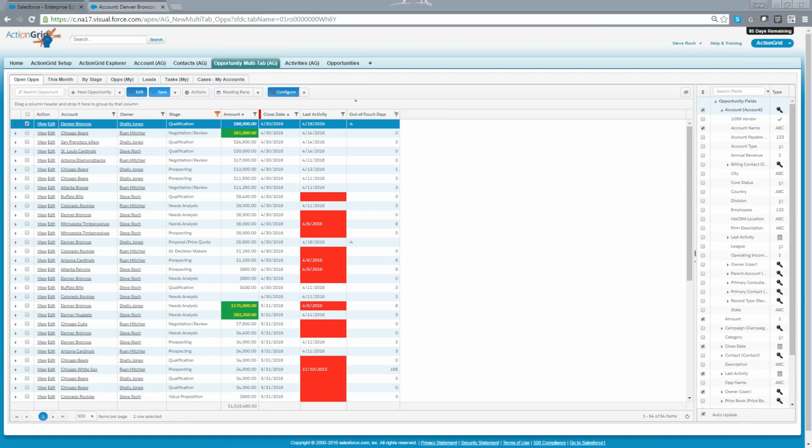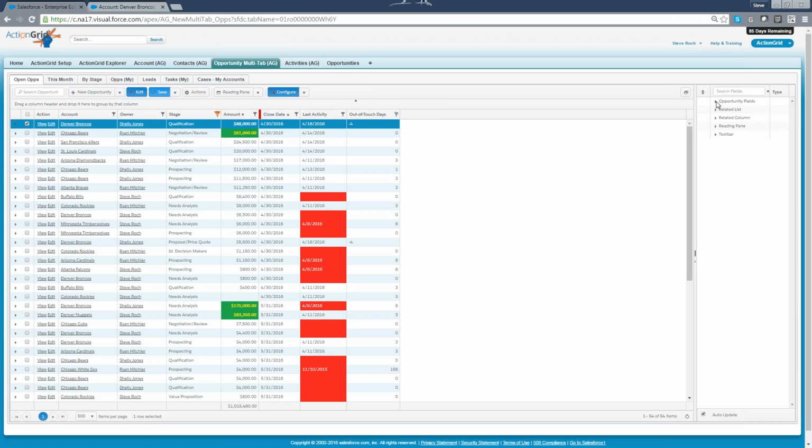Somebody wanted to know if ActionGrid can do cross-object filtering. Okay, so cross-object filtering in my vernacular means maybe searching for a related list or something like that. So some kind of data that's in the related list. The way that ActionGrid does cross-object filtering is you use this feature called related column, which is a nifty little